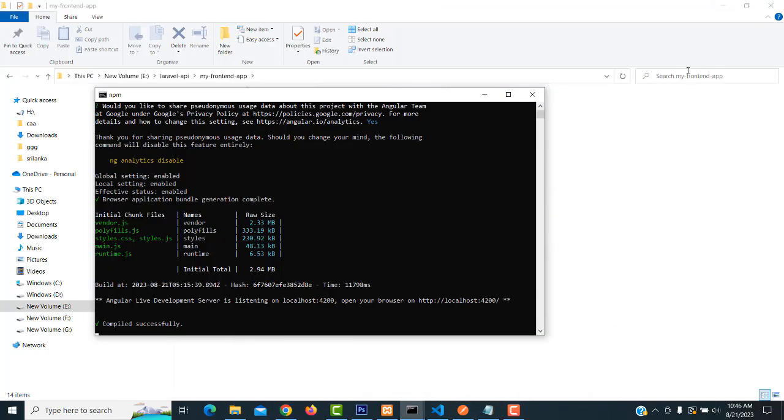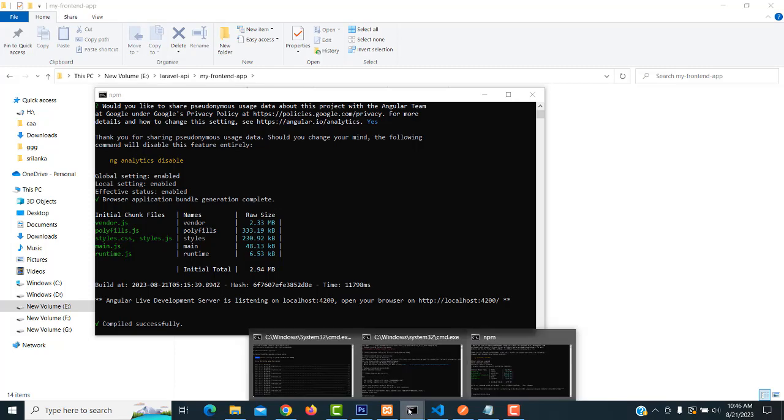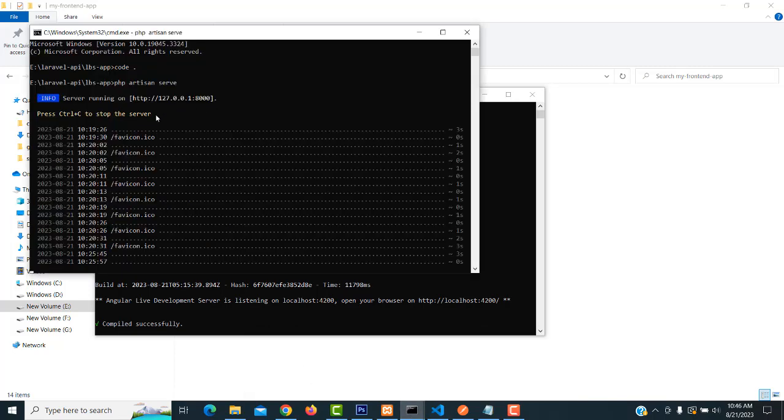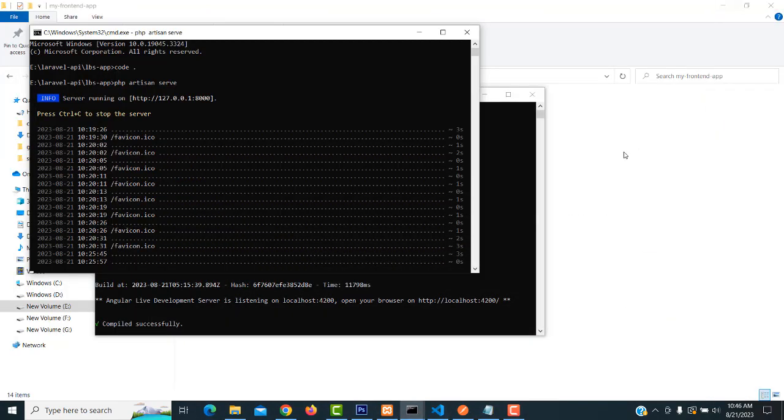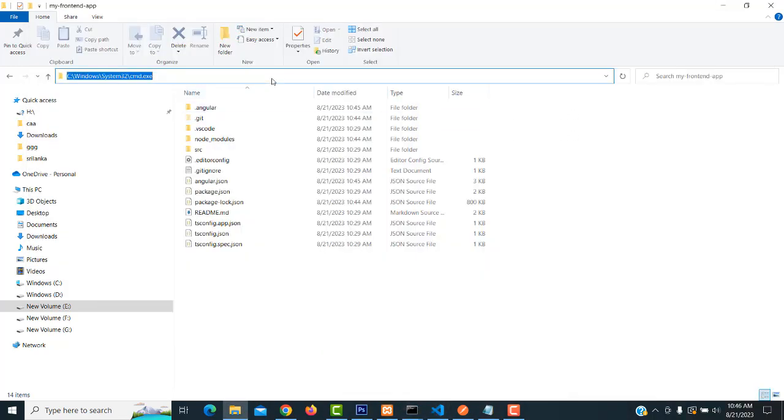We have to connect with the backend. So first you have to make sure your backend is running. Here your backend is running successfully. We already tested it through the API with Postman. So in Angular, I'm going to open up this entire project in VS Code